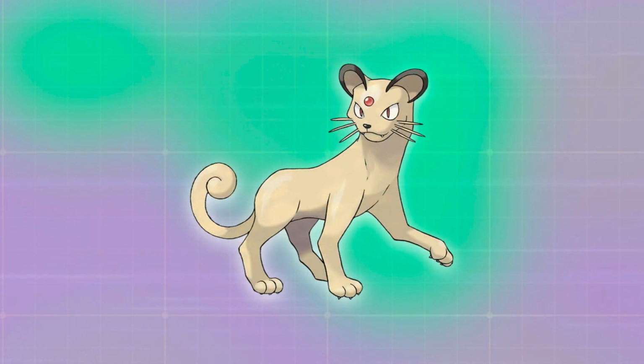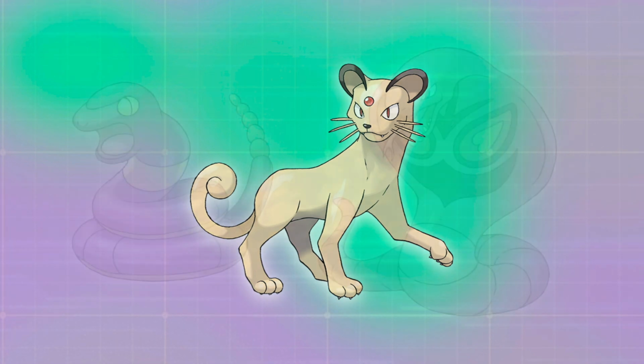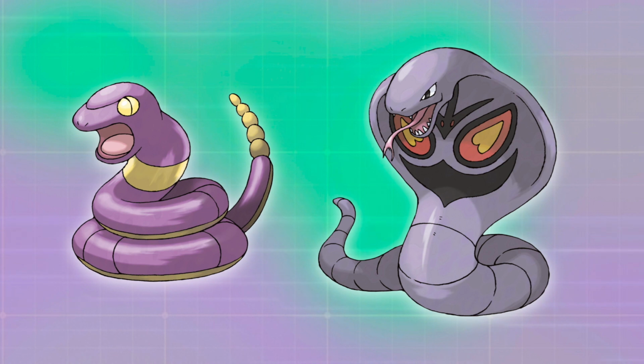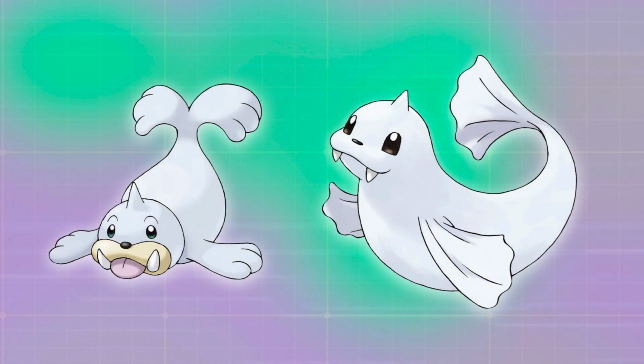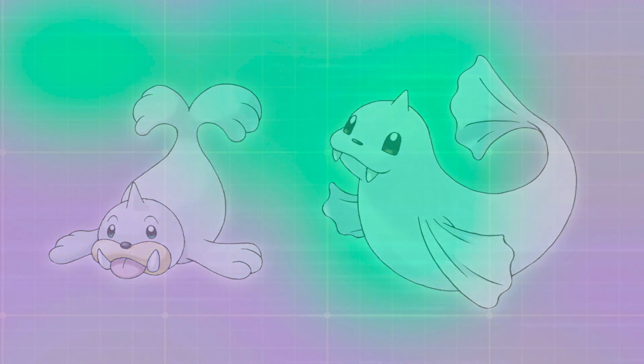Persian follows the same issue. It doesn't convey anything beyond what we already know from the design itself. This is a domestic cat Pokemon, so I hope you understand my issue with these names, because they don't quite reach as far as they possibly could to convey something interesting about the Pokemon. But of course the lines between good and bad names are very blurred, because this is, at the end of the day, a subjective process, and I can't definitively say even I know which are good or bad in every single case. Again, you might disagree with me, but personally, from this first initial case study of the early generations,